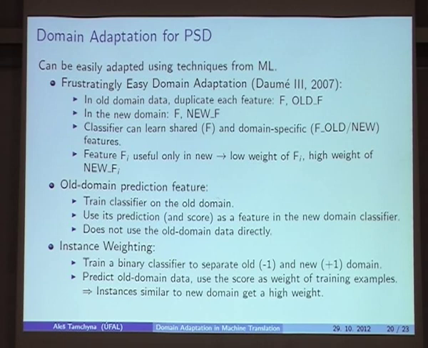And instance weighting is also an interesting approach. So you train a binary classifier to distinguish between old and new domain. You take the same features that you would want for your classifier that you're trying to develop eventually, like the PSD classifier. You take the same features, but you annotate them not with labels like the correct translation, but just by saying this is the old and this is the new domain. And you train a classifier,